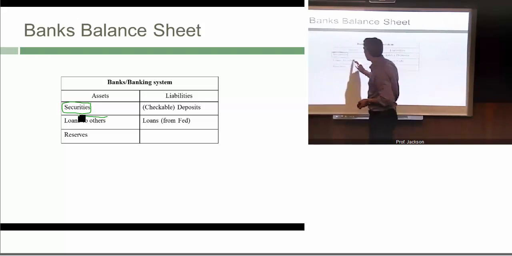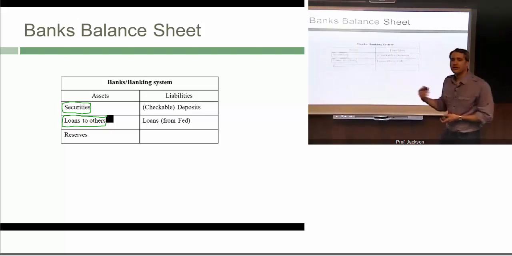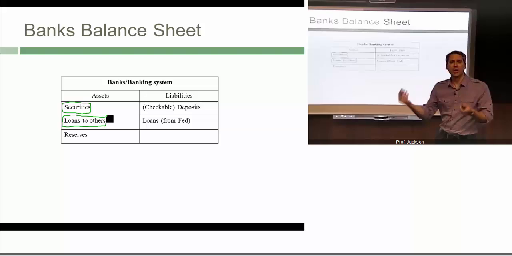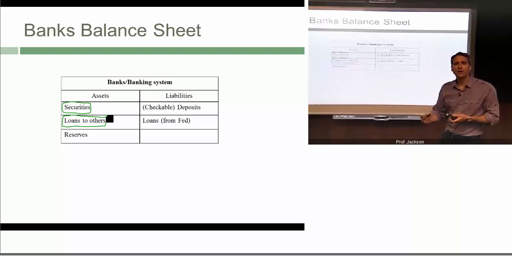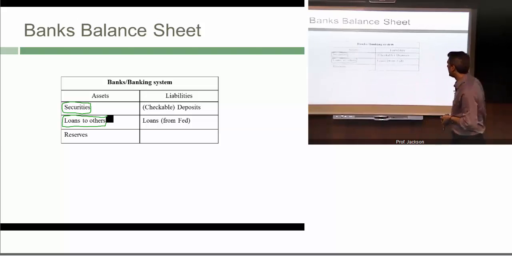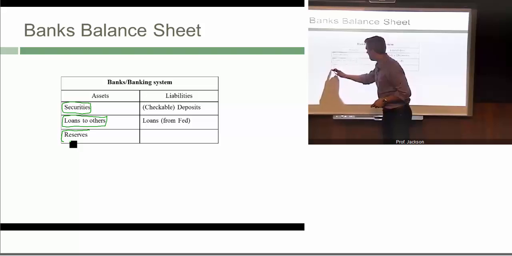But the basic idea is that banks can hold treasuries and mortgage-backed securities just like the Fed can. Banks also make loans to others. We can think of this as banks making loans to other banks, but in the aggregate, when we're thinking about the entire banking system, we don't really need to think about that. But banks can make loans to individuals as well, and again, that represents an asset to the banking system. And then finally,